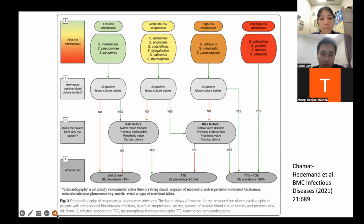There are some streps that are moderate risk: Strep agalactiae, your group B strep, Strep anginosus, Strep dysgalactiae, and so on. There is a chance that it could be endocarditis, but only in the context of, again, persistent bacteremia or very high-grade bacteremia, and in the presence of the risk factors we mentioned earlier: native valve disease, previous endocarditis, prosthetic valve, or cardiac device. And in those cases, we probably would pursue a TTE, and plus or minus a TOE if